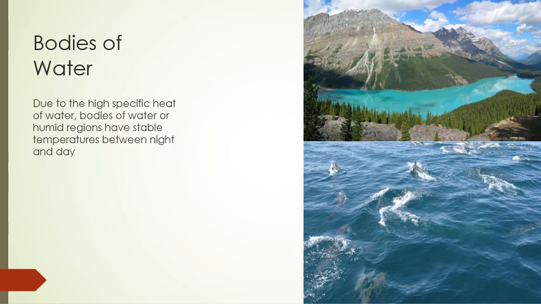Another thing that severely impacts the terrestrial biome is going to be bodies of water. Water, as you guys learned from Bio 101, has a very, very high specific heat. That means that it's slow to warm up, but also very slow to cool down. Anywhere you have a body of water, you're going to have